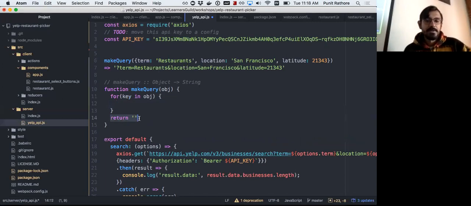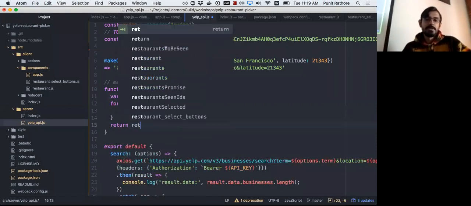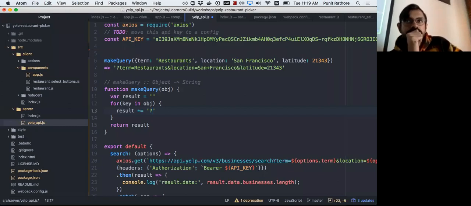So we know we want to return a string. So what are we doing here? We're building a string with a question mark. Okay, so our result is equal to an empty string. And then we want to return result. So we want to concatenate it with what? Result equals result plus, okay, so result plus equals what? Question mark. Question mark. And then